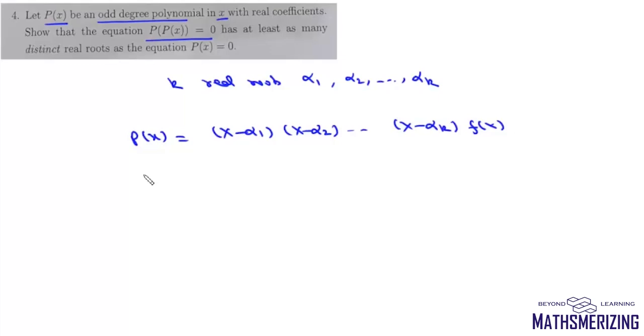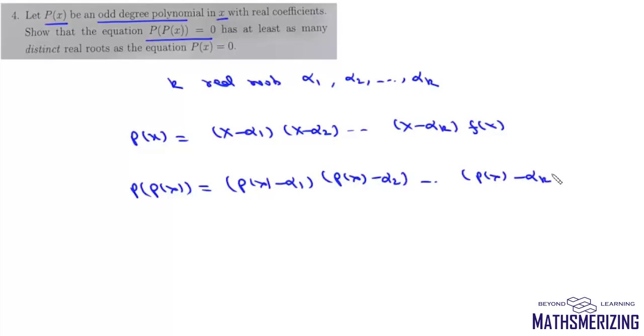Now if we look at P(P(x)), we can write P(P(x)) as (P(x) minus alpha 1), (P(x) minus alpha 2), and then (P(x) minus alpha k) f(P(x)). And if we put it equal to 0, then for any general root, say alpha r, we can write